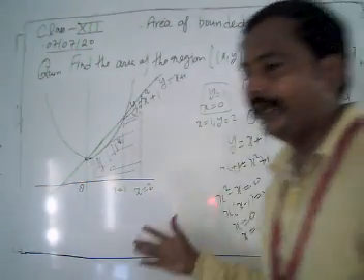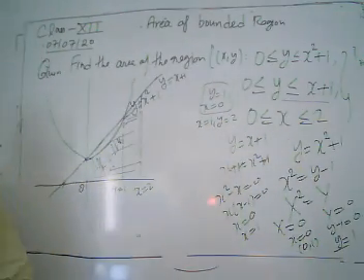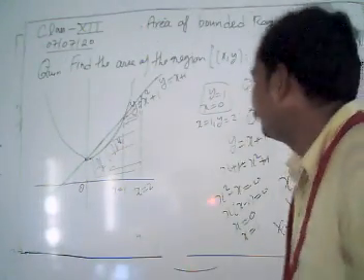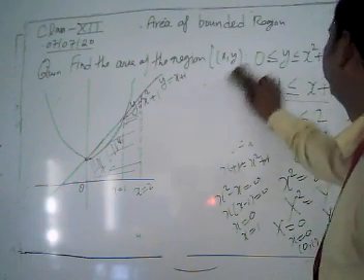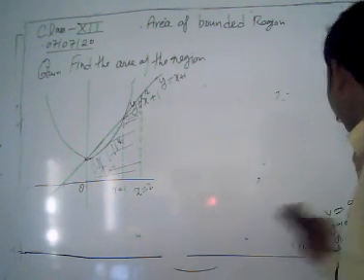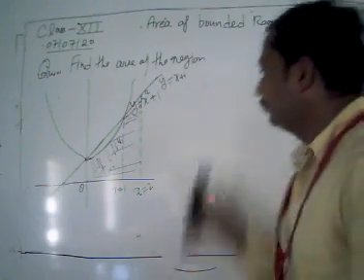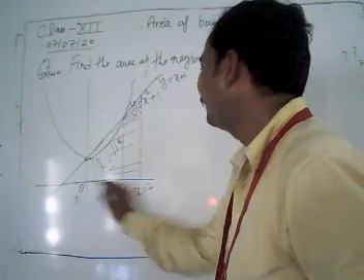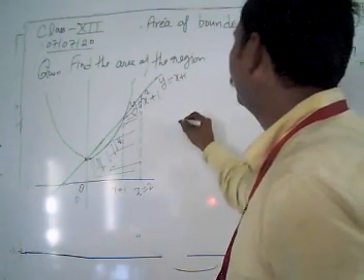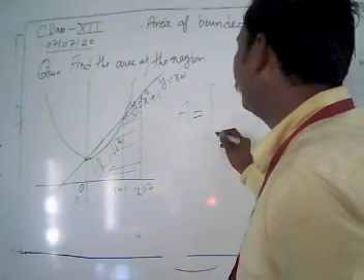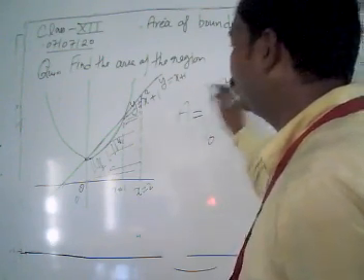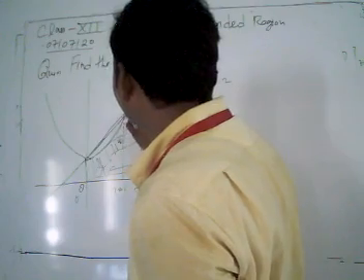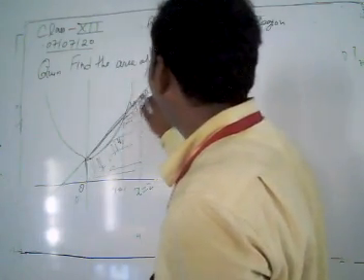Now we have plotted the graph. Now look, how can we find out the value? I am just going to explain. We have the graph there. To get this area, what do we have to do? Now we have a minimum limit, 0, and a maximum limit, x equal to 2. To get the required area, we take the limit 0 to 2. Now this area is met by the line y equal to x plus 1.